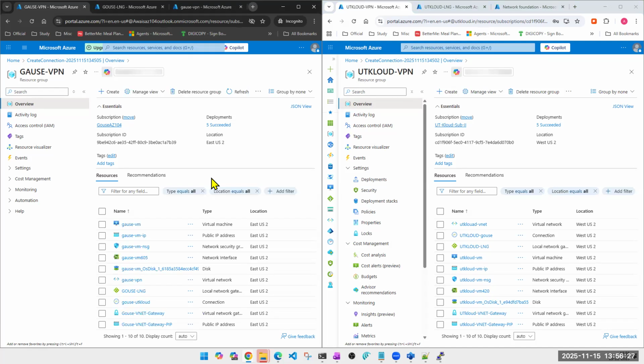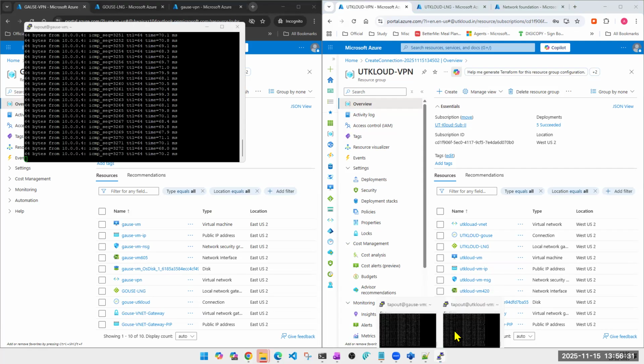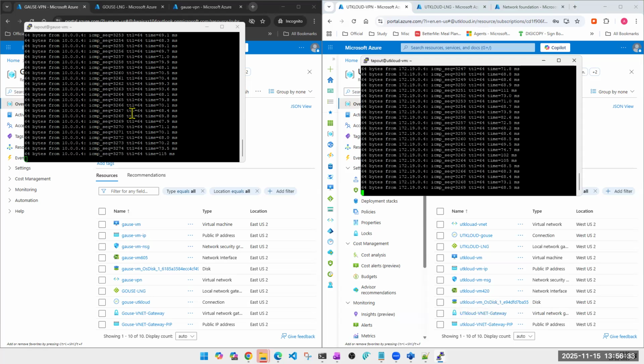Right? So we're done here, guys. Hopefully it will start pinging in some time. In fact, it has already started pinging. Can you see? Two different machines in different tenants, different IPs, and they are pinging each other via private IP,